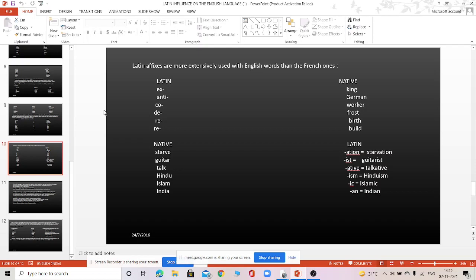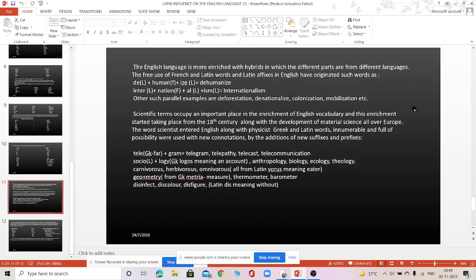Next slide. Look here: the English language is more enriched with hybrids in which the different parts are from different languages. Something happens here in the English language with these hybrid words. There are some words formed by taking different portions from two languages or perhaps even three languages. Look, the free use of French and Latin words and Latin affixes in English has originated such words as,